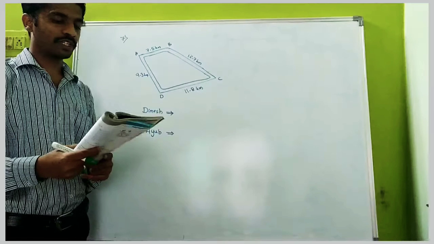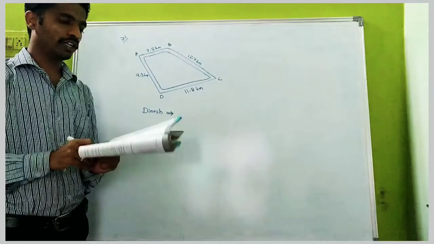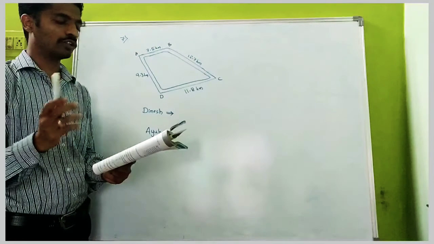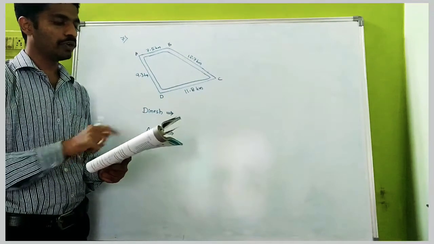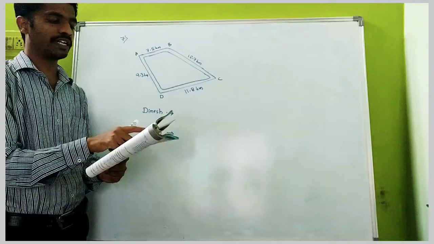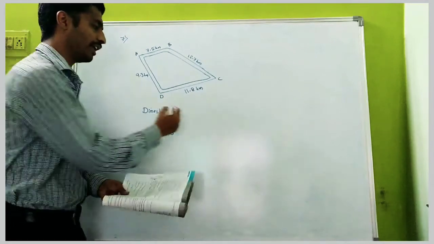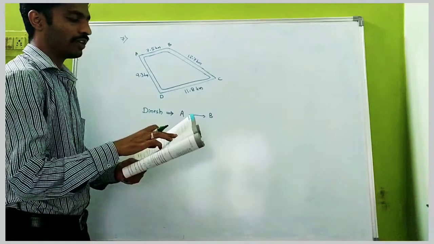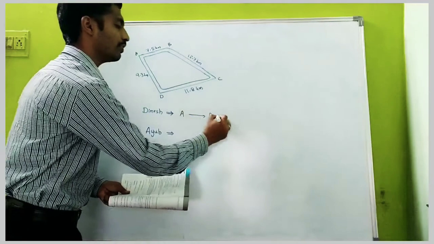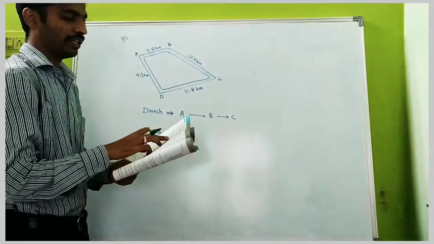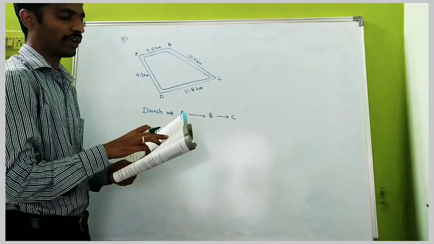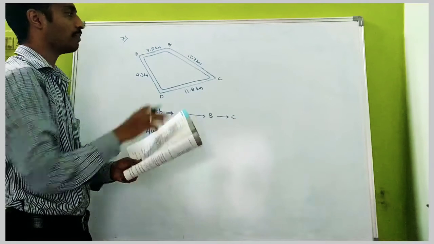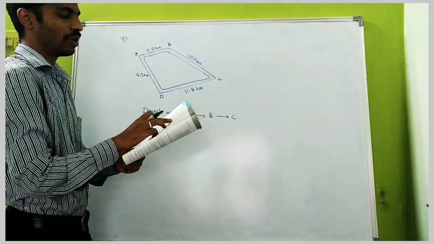Okay, in seventh problem, here they given one word problem. Here path also they given A, B, C, D. So here two friends are there, Dinesh and Ayub. Dinesh went from place A to B, and from there to C. A is 7.5 km from B, so it is 7.5 km, and B is 12.7 km from C, so it is 12.7 km.